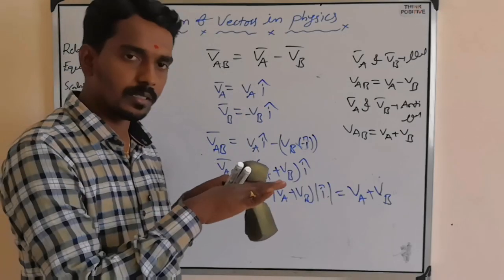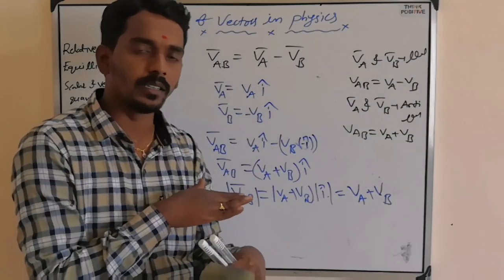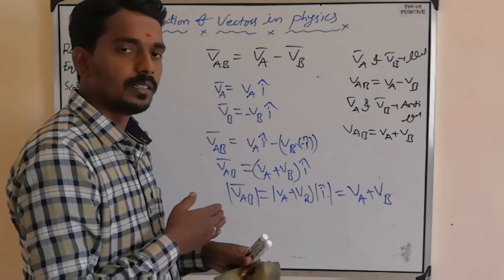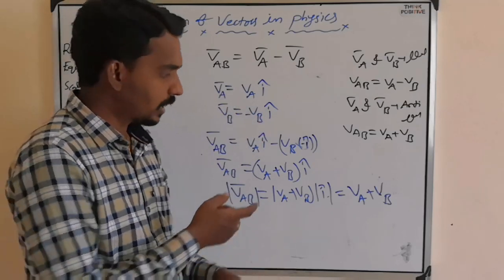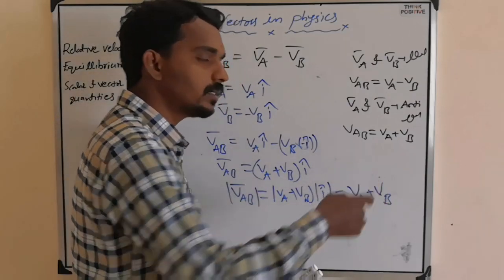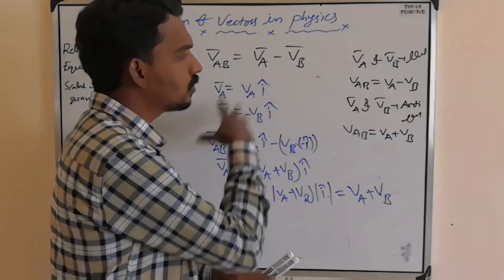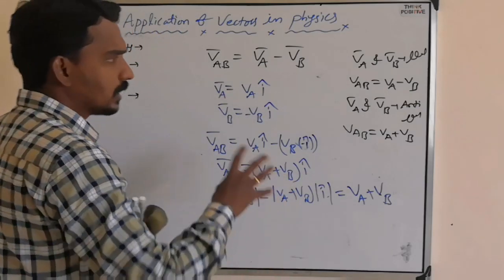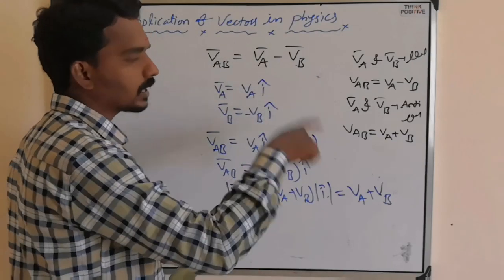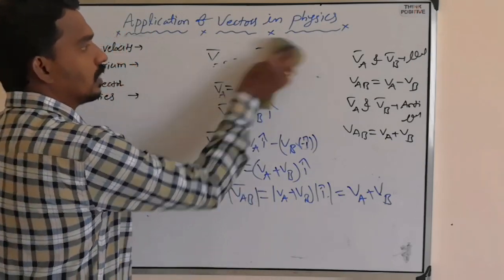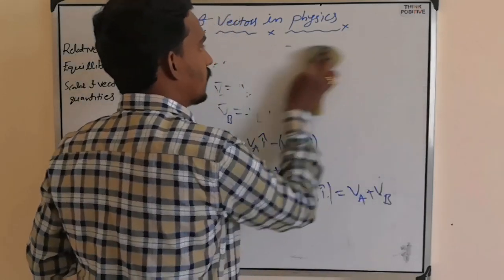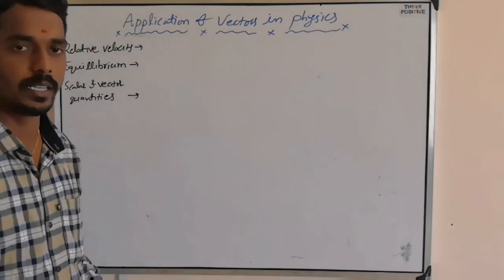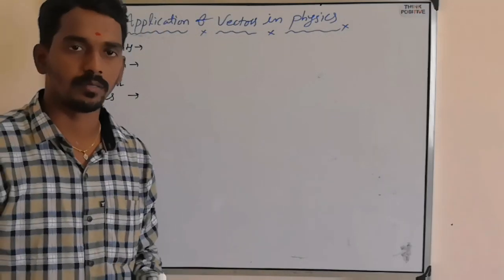When you are moving and one bus is coming in opposite direction, then that bus velocity appears greater compared to the original, because relative velocity will become VA plus VB. This is what you have studied, right? So the same thing you can study using the vector notation. Similar way, in motion in a plane, that is in motion in two dimension also you will study relative velocity. Let us try to understand that also.